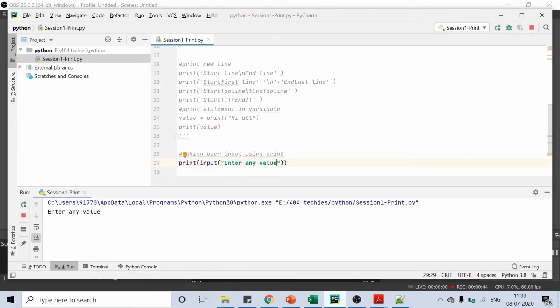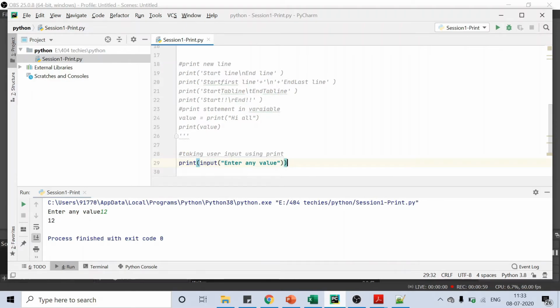It is asking for any value. Giving 12, so 12 is printed. The input function is basically to get the runtime input, taking the runtime input from the user.